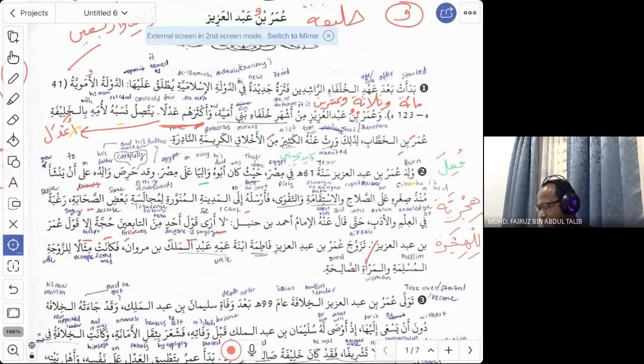Qala anhu al-Imam Ahmad. So Imam Ahmad said about him, La ara. This is not I can't see. No. La here is I do not. So I do not see, I have never seen. That is the meaning. Ana la ara. Qawla ahadin, the saying of anyone, minat tabi'in, among the followers. Of course, the literal meaning of tabi'in is followers. But tabi'in here is referring to the people, the generation after the generation of Sahaba.